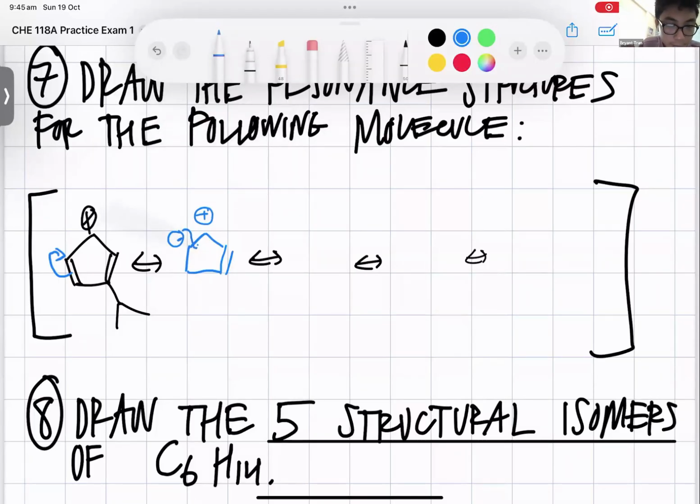So for this one right here, you can basically do what you just did, right? Where you put a pair of electrons on that carbon, giving that carbon a negative charge. The other carbon lost a bond, so that carbon would be positively charged, right? The one on the bottom. But that is very unstable because there are way too many formal charges. There are 3 formal charges right there.